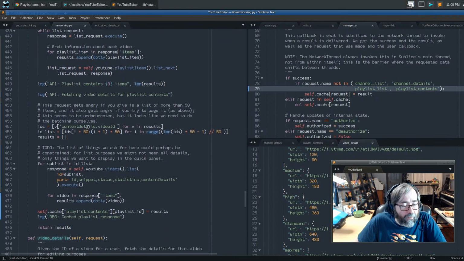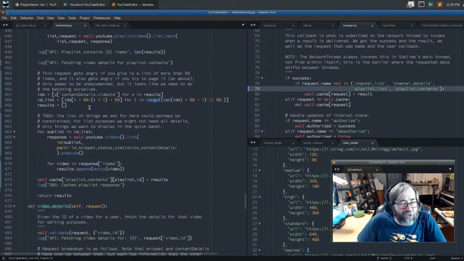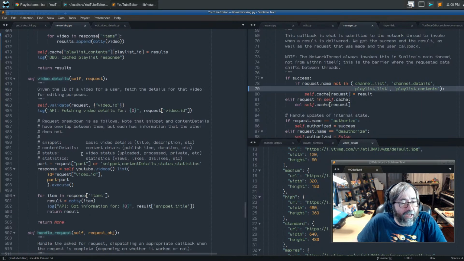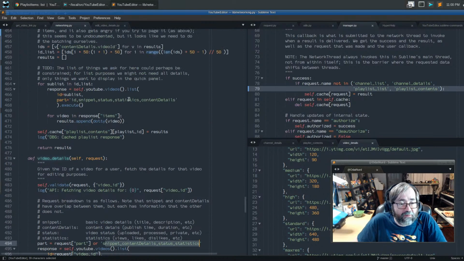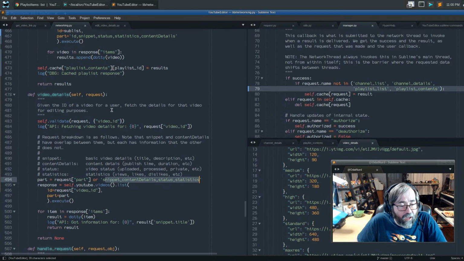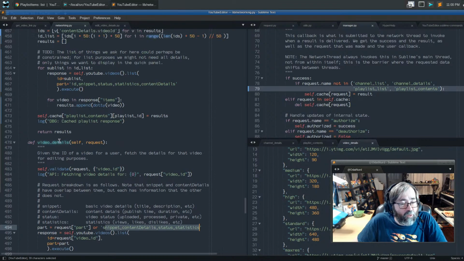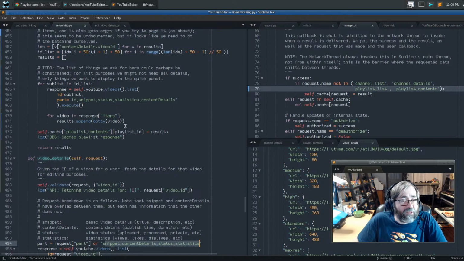In particular, which is kind of a twofer, and maybe we do a different one first and then cycle back to this one, because video details is going to make a request to get snippet content details, statistics, and status for something, but we also need a little bit more in there, for a specific video ID, and it's going to cache that in the video details part of the list and be done with it. So I think we need to do this part first, and then we'll cycle back to this one